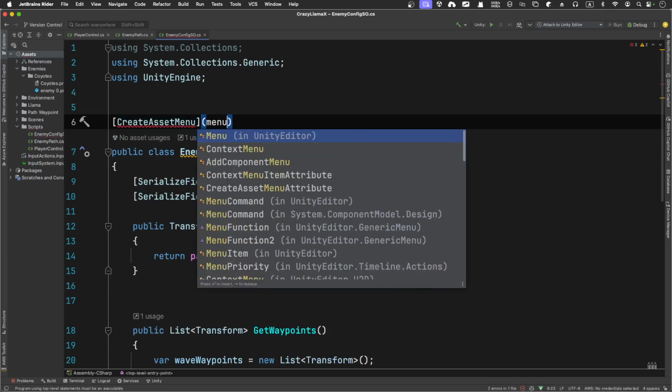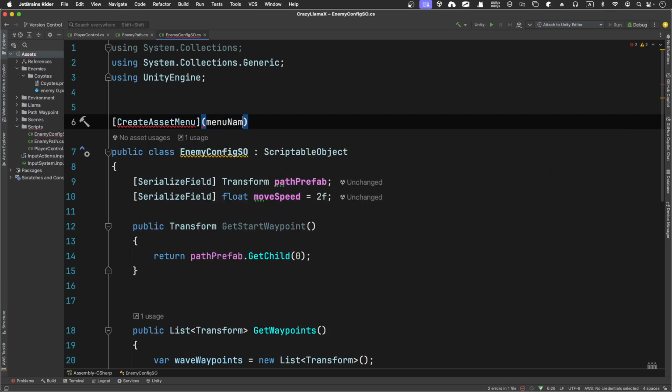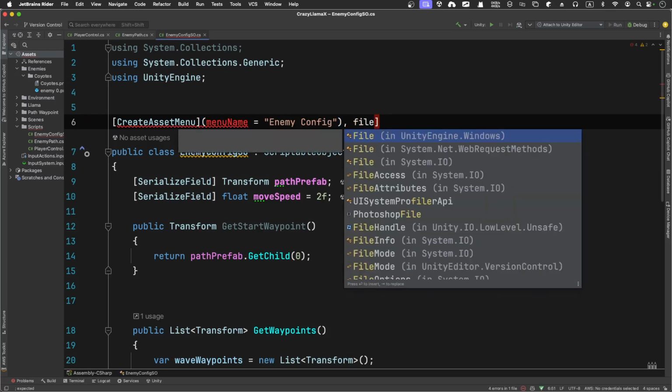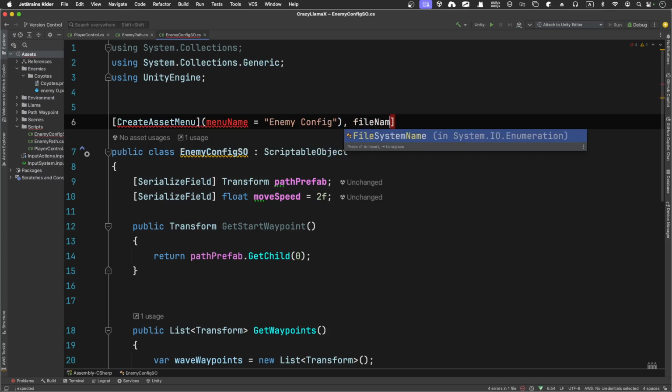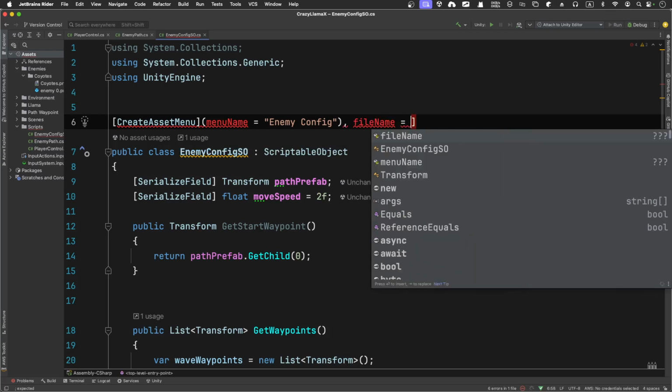Say you got the menu name would be enemy configuration. Okay, good. And then the default created will have a file name of